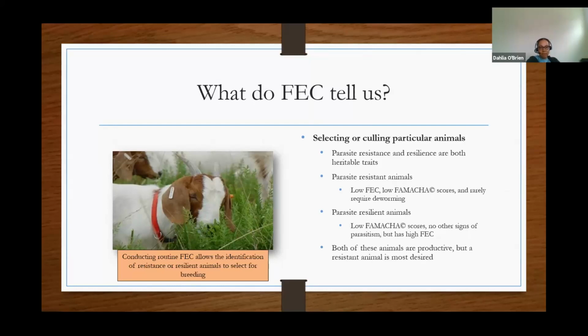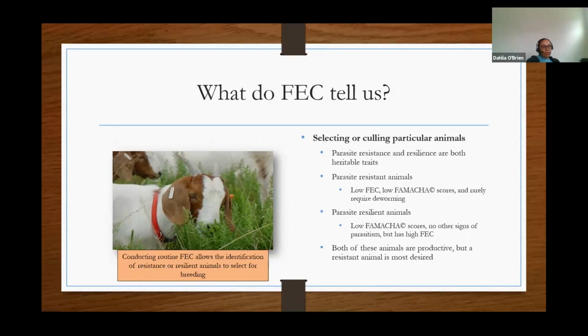I want animals that limit infection, because resilient animals, even though they don't need deworming themselves, can still contribute a lot of parasite eggs in their manure on pasture. Whereas this is not a problem for them, it could be a problem for susceptible animals in that group, or animals that you'll move onto that pasture. Conducting routine fecal egg counts will help you to identify those animals that are truly resistant and those that are resilient. So if you're doing your FAMACHA scores during your summer months and you're just looking to determine who to deworm or not,